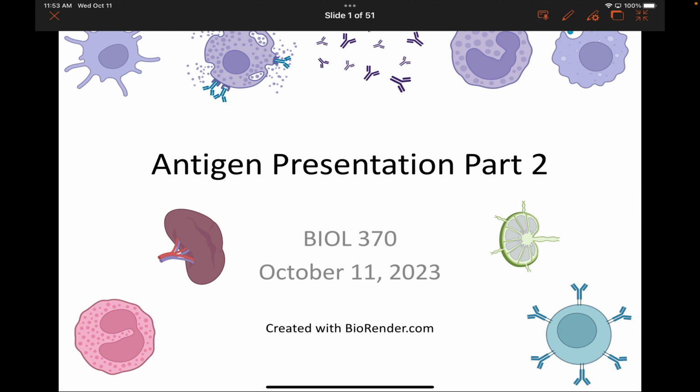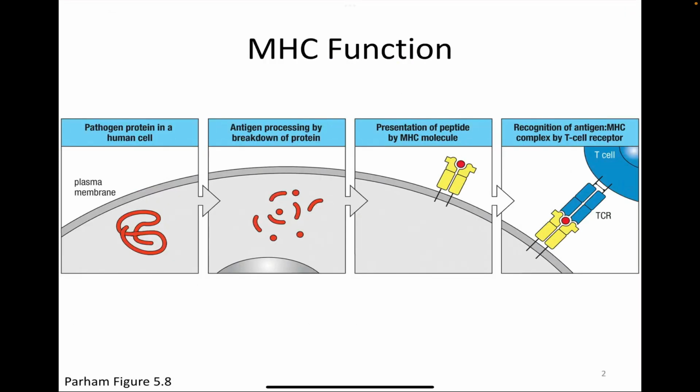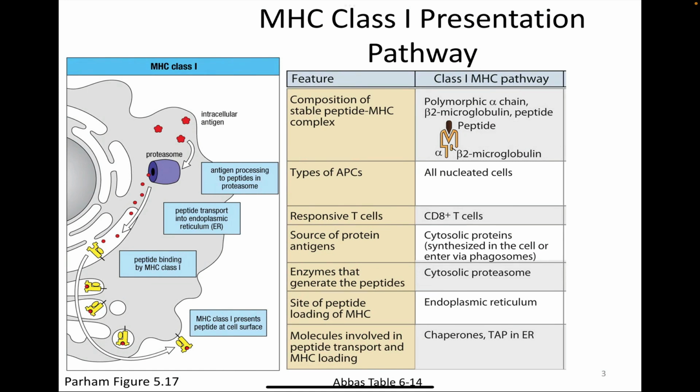So today, antigen presentation, part 2. If you recall, we are really thinking right now about the process by which the pathogen protein that's shown here in red gets degraded and loaded onto an MHC molecule. And we went through the steps of this process for MHC class 1 before break. I typically break this into these 6 specific steps, and I listed the 6 steps for class 1 up on the board, which you can also see the class 1 process